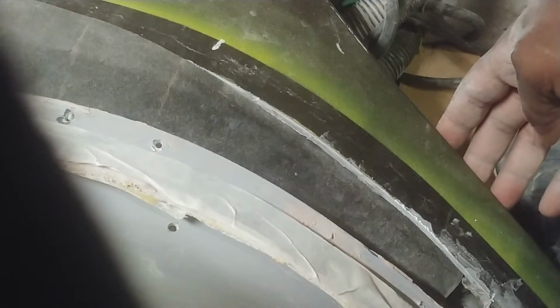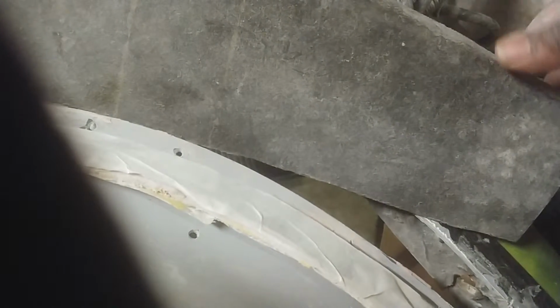like so. Okay, now we need this piece here to contour back this way. This is the other cool thing of using this material, because when you use foam, you got to figure all that out. The other problem is how are you going to get it even on the other side? Unless your memory is great and you know your craftsmanship, I don't like that. So I like to duplicate whatever I do